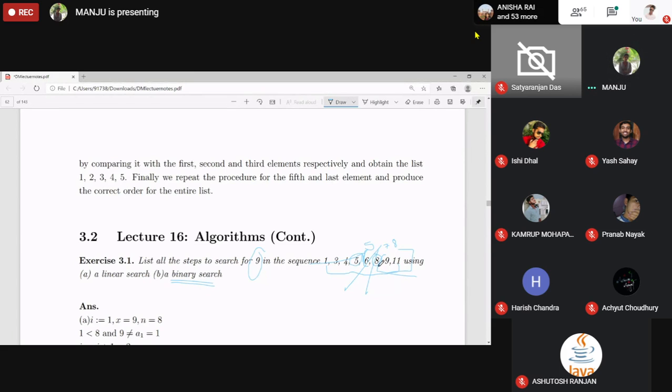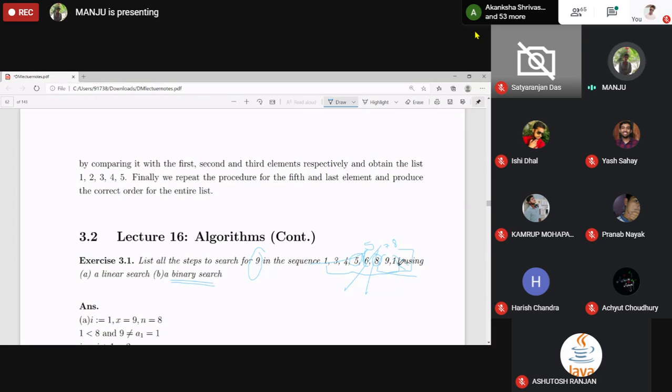Finally, after that step, it compares x with a7, and a7 is 9. So is x bigger than a7, that is 9? 9 is bigger than 9, false. So it discards the right-hand part. That is, now j becomes 7, not I. So j becomes 7, I is also 7.